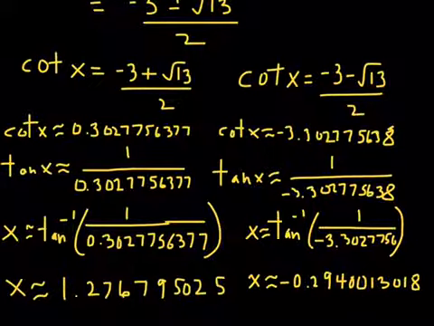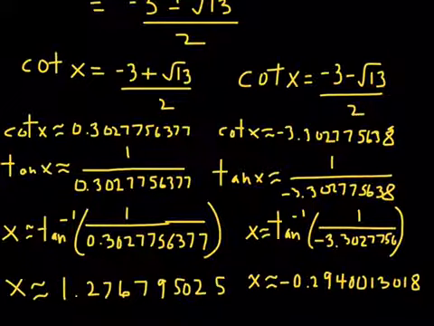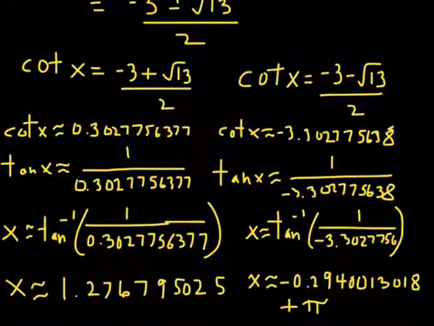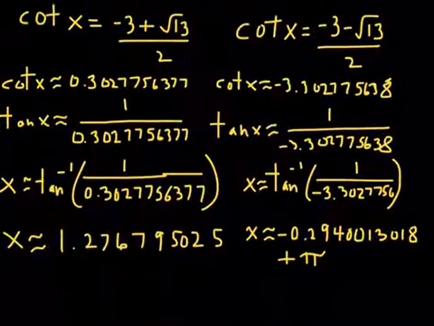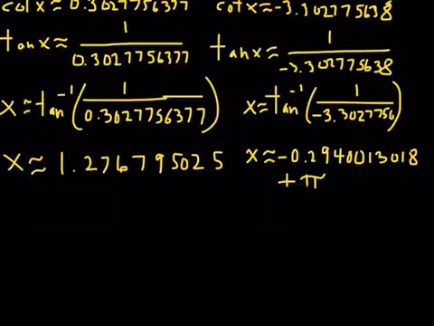018. Okay, that's what it's giving me, but I know this is in quadrant 4, which is not cool. This is in quadrant 4, all right? So to get an answer of least positive measure, let us add pi to this. If I add pi to this, then it's going to give me an answer that's in quadrant number 2. Okay, so then x is approximately equal to